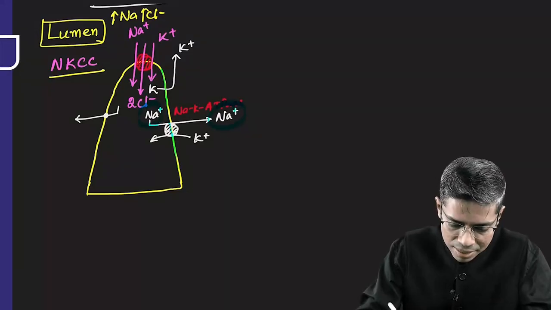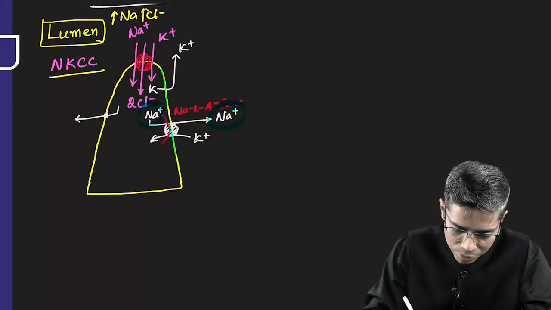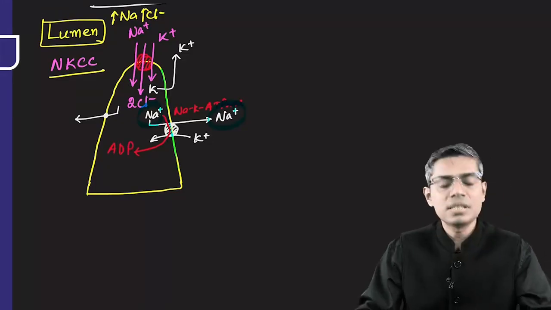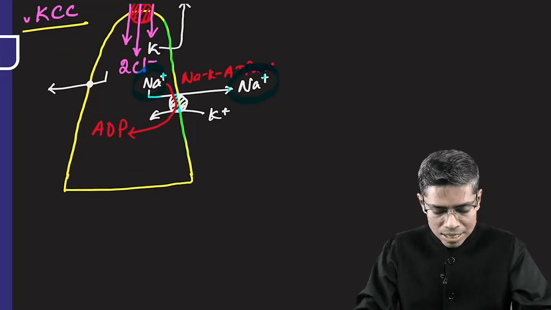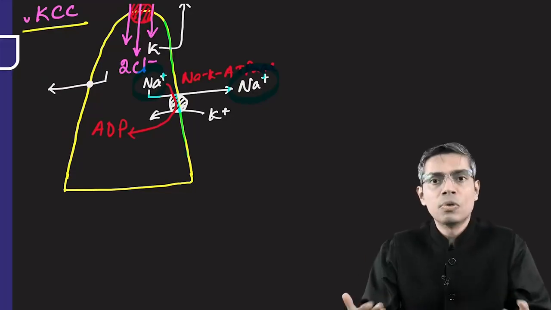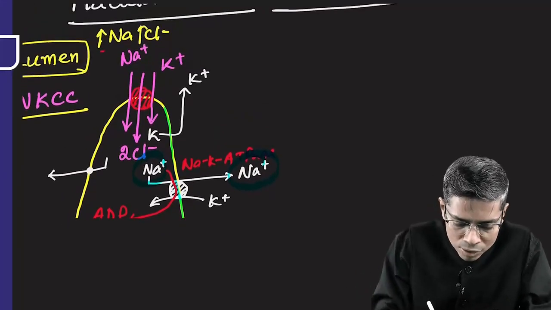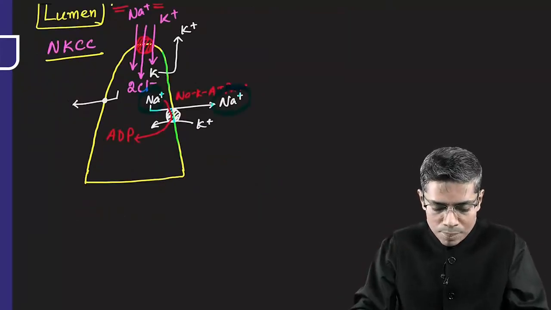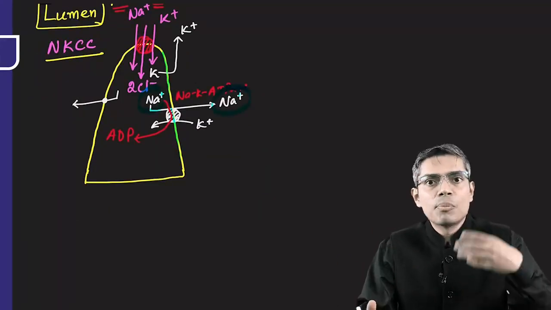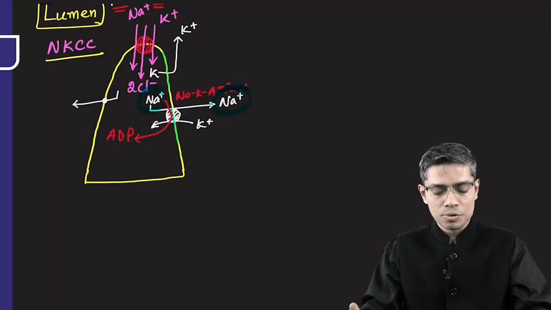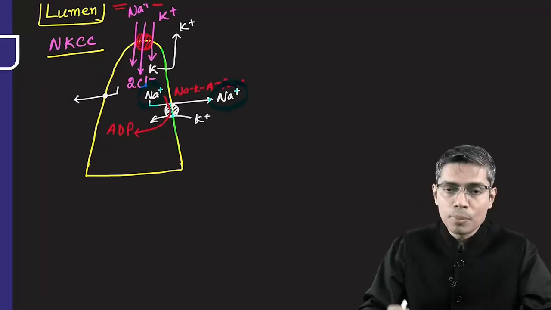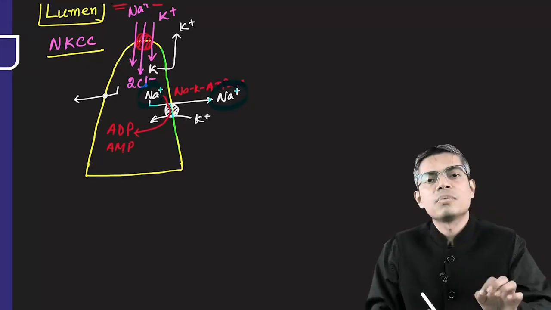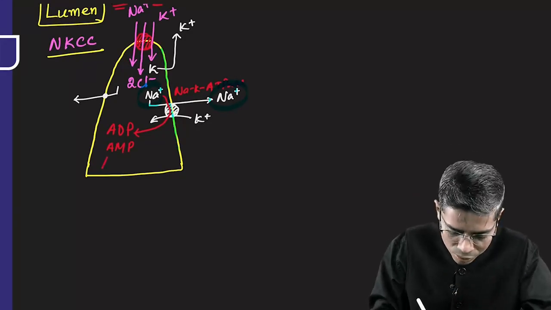So I am writing here, the sodium potassium ATPase pump will break down adenosine triphosphate into adenosine diphosphate. So now your adenosine diphosphate is produced more and more whenever your luminal sodium and chloride is higher. So more sodium chloride means the sodium potassium ATPase pump is hyperfunctioning and more adenosine diphosphate is produced. Now this adenosine diphosphate will be broken down further into adenosine monophosphate, and this adenosine monophosphate will be broken down further into